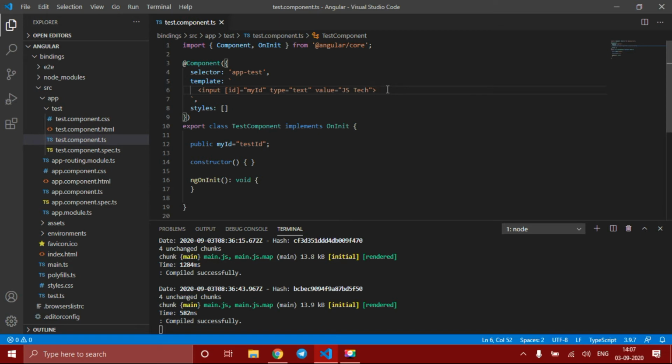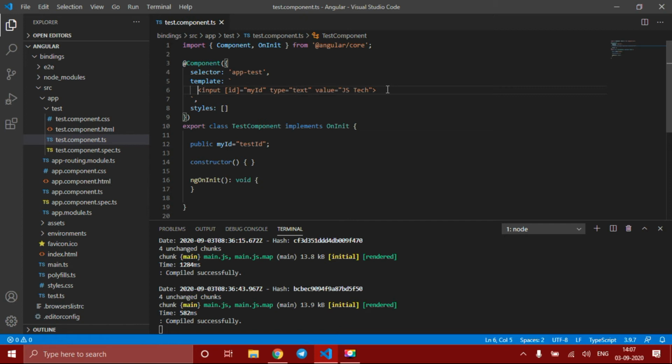So this is binding a property. You can ask that in the last video we used interpolation to bind some properties. So now why are we using the square brackets here? Why don't we use only interpolation, using those curly braces? Let me tell you, we can use that also.